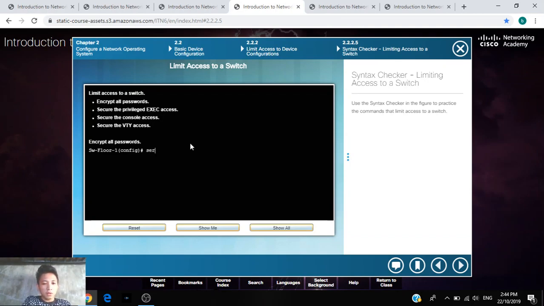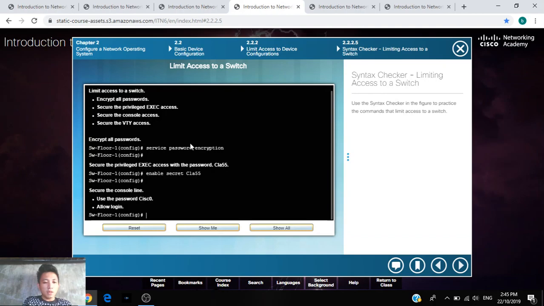For encrypting, we will use again the service password encryption, and then secure the privilege access with the password. So we use the enable secret,